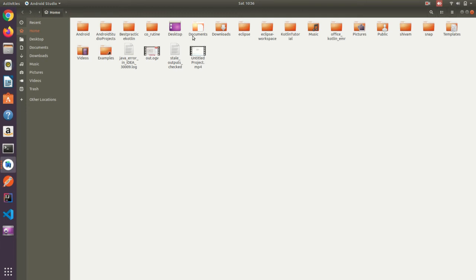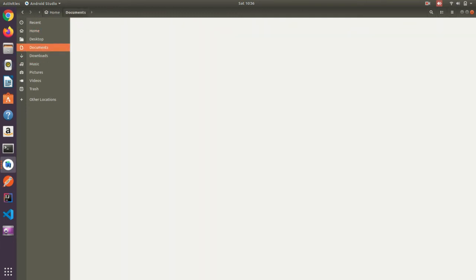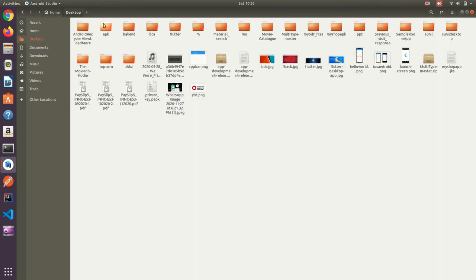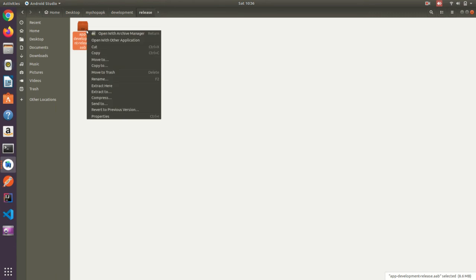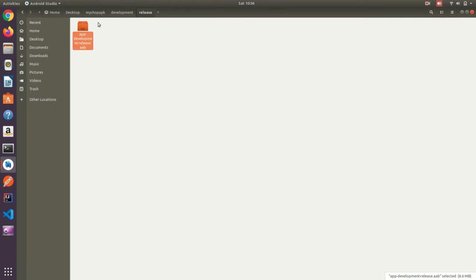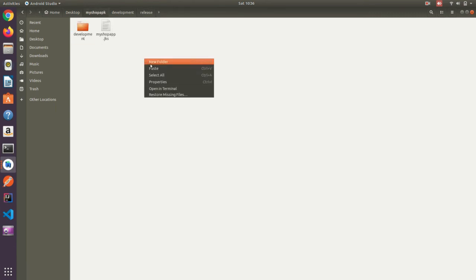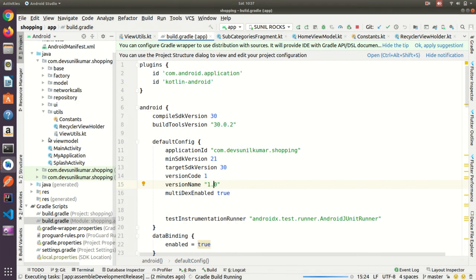So I think it will override here. So what I'm doing is cutting this and pasting it here. We'll check whether it got generated or not.